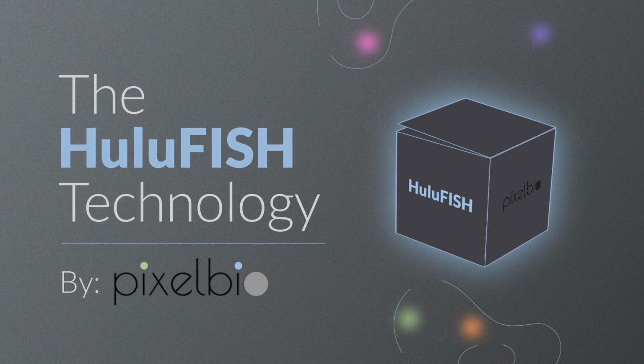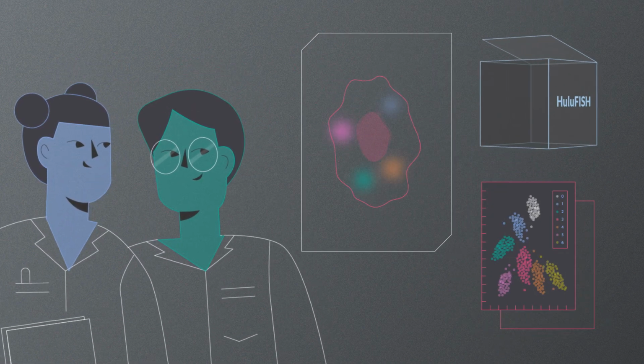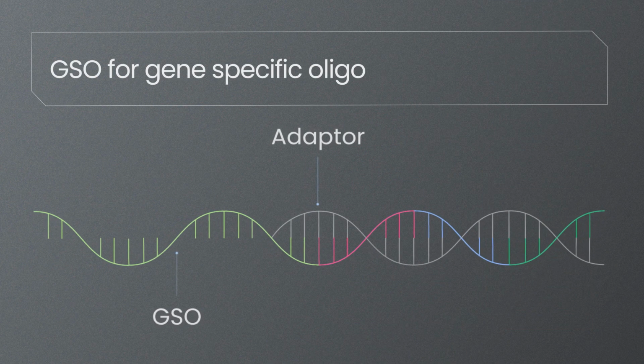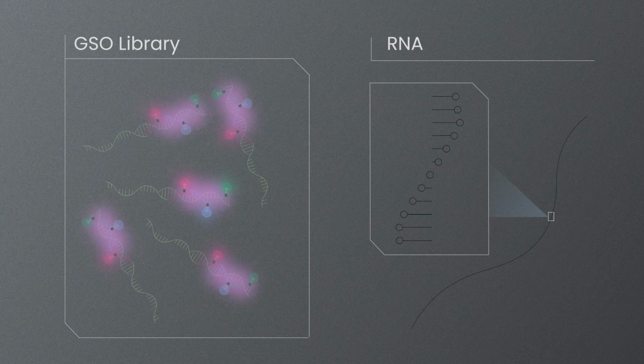HuluFISH technology. Do you want to go further with your single-cell RNA-seq research? HuluFISH technology allows you to validate and visualize gene expression in situ. HuluFISH is an innovative tool produced via our proprietary enzymatic labeling technique that generates a specific color-coded probe for any